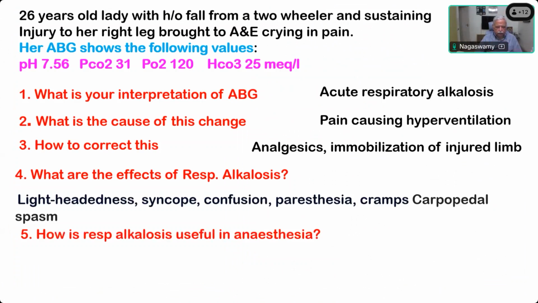How is respiratory alkalosis useful in anesthesia? Induction will be faster, sir. Induction will be faster, and it reduces ICP in neuro anesthesia. Very good. Temporary hyperventilation and alkalosis will reduce ICP. Okay, then